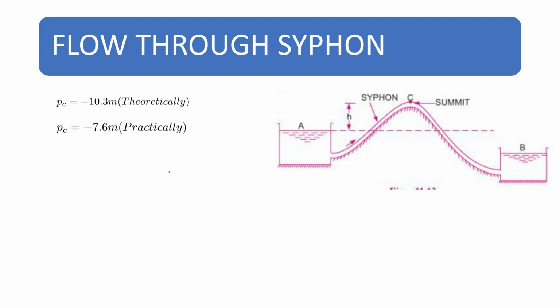So what is the flow through a siphon? These siphons are actually used to connect tanks which are separated by a hill. So water will flow from this tank to this tank. If the difference between the height of these two tanks is